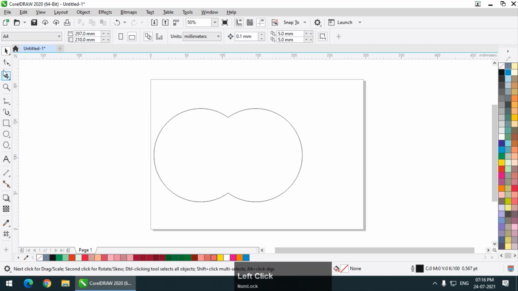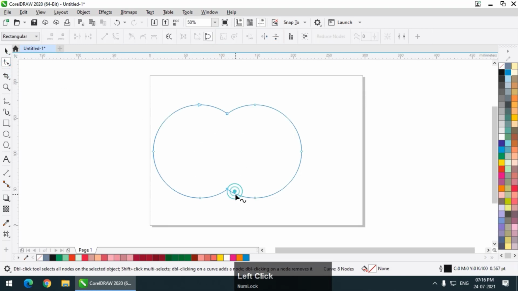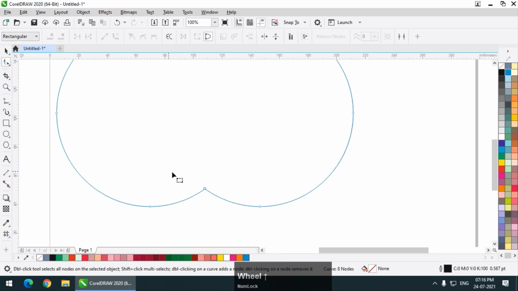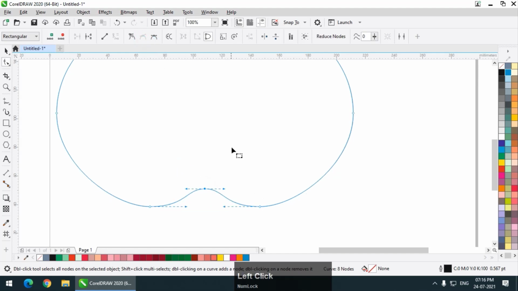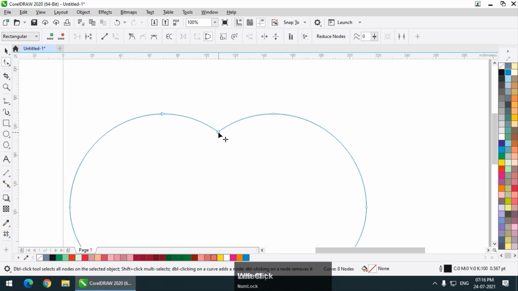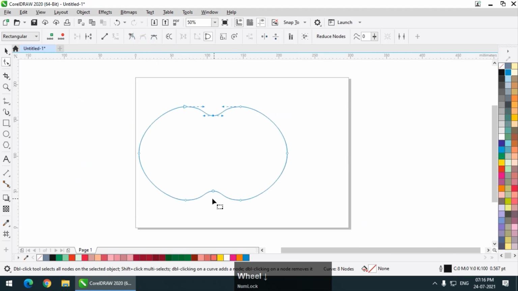So these are now combined, and I'm going to make this a bit softer. I will select this and press this option, so it will become a little bit softer. Again I will do the same thing over here, and this will become softer.